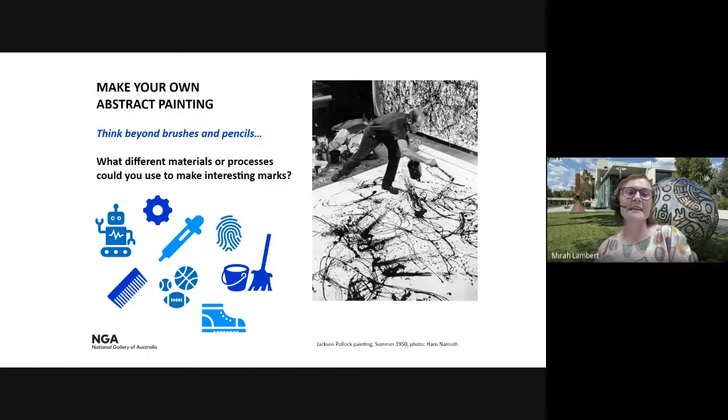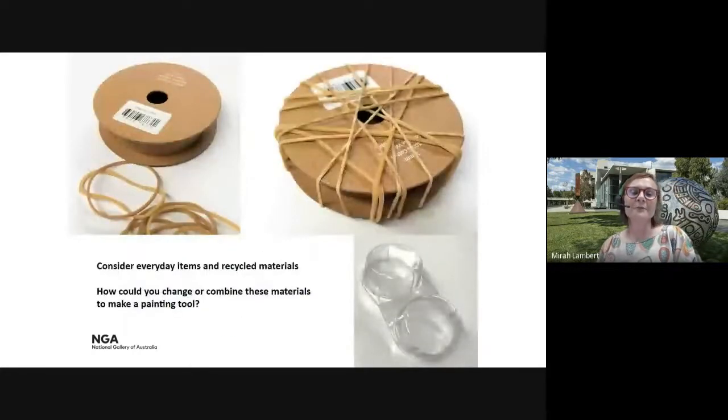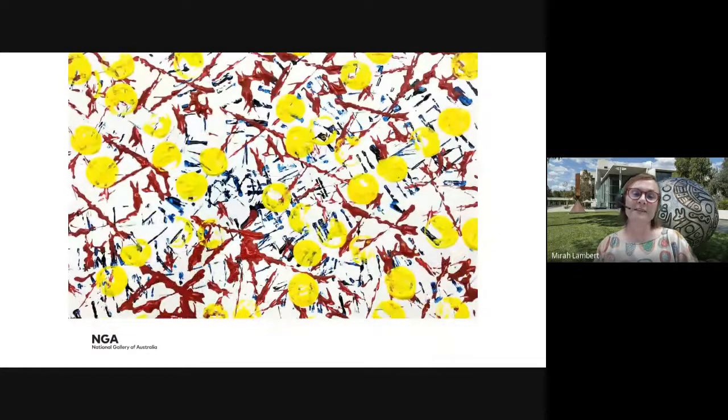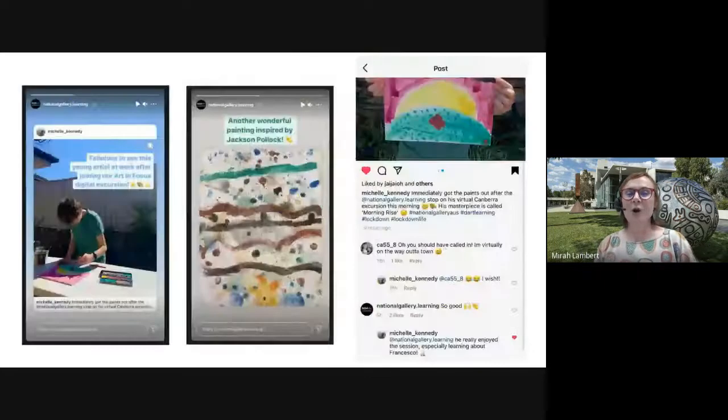And so we can see here, this is how we finish our Art in Focus program after they've had a look at Jackson Pollock as well as a number of other artists. We invite them to look at creating their own unique art making and painting tools. Knowing that people might not have a great deal of art materials at their disposal, but they might have some coloured paints or inks together with different recycled materials that you could find at home or in the classroom, look at building up layers and colours to then create your own artwork.